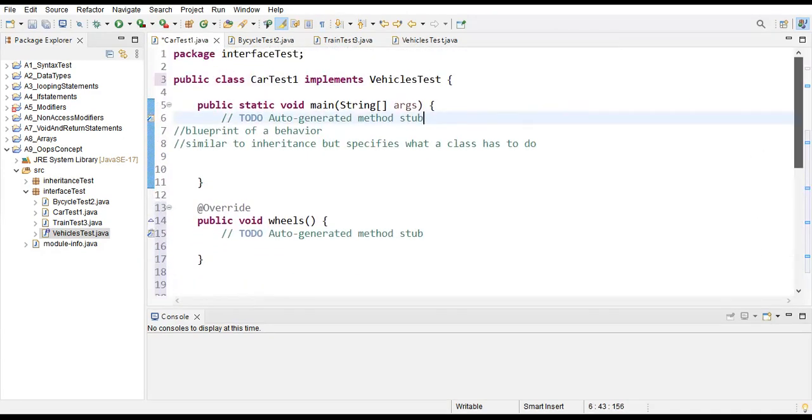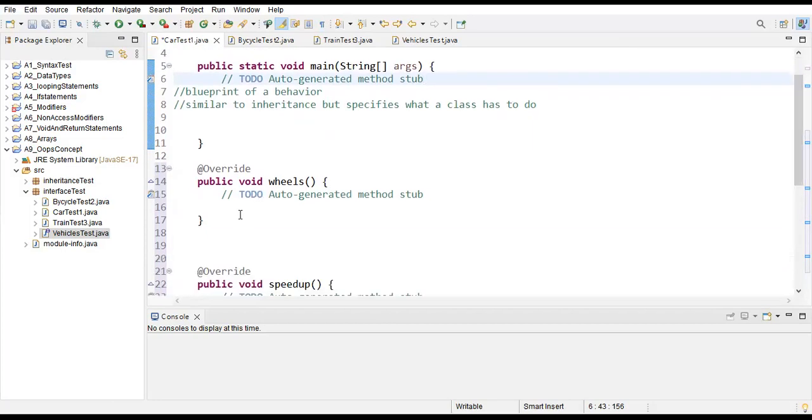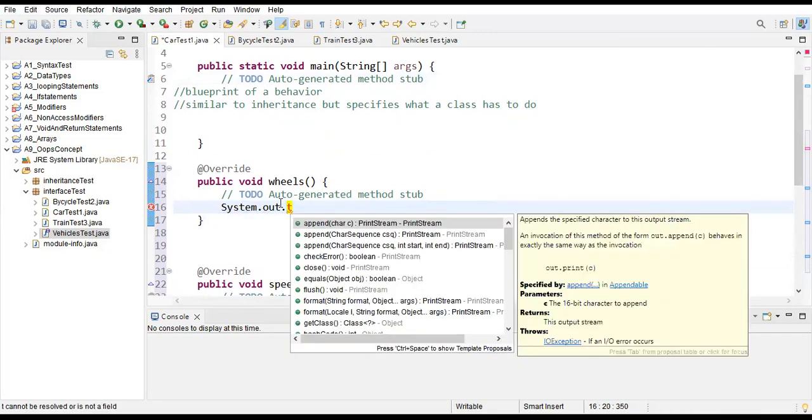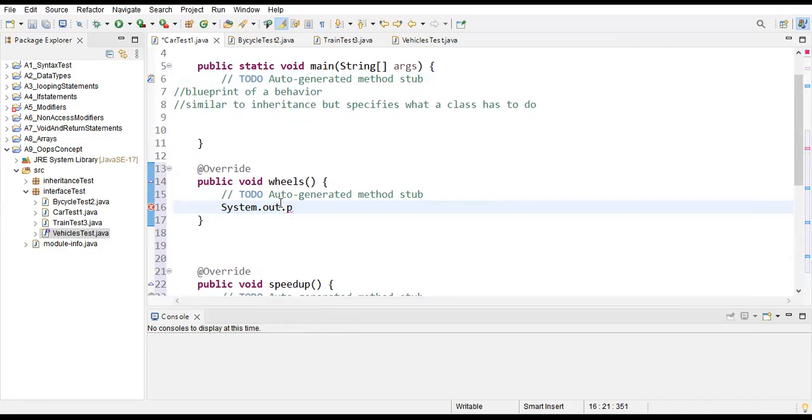What do we want our car to do after we implement the vehicle test methods? Maybe just a simple System.out.println that states